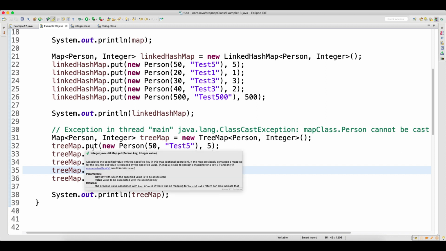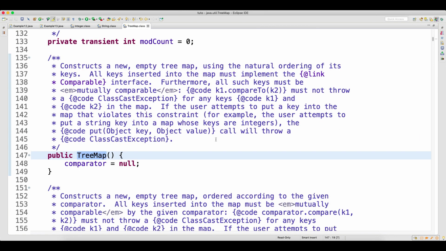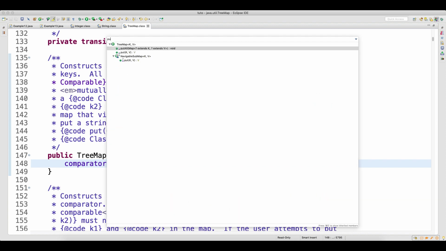The reason being, if you go to the put method in the tree map, click on TreeMap, press control, click, then press command O and go to the put method.